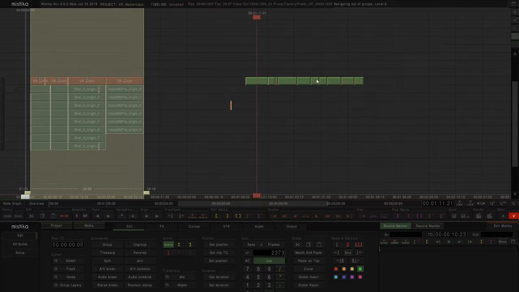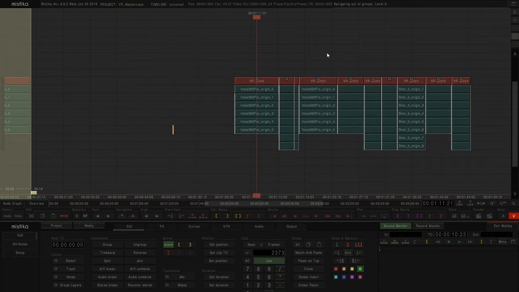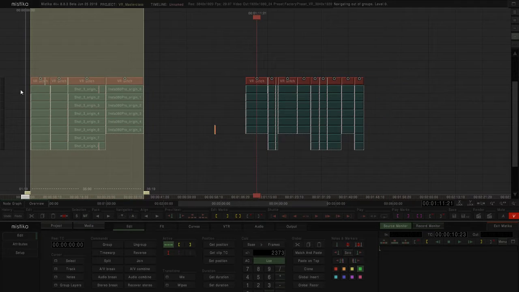In fact, this is one track, but if we want to see the result in a similar way like this, we can just take all of them, go to macros, and click on trim and ungroup. And as you can see now, we have all my shots, which are basically the same shots, the same structure, the same stitch parameters, but with the edit done in